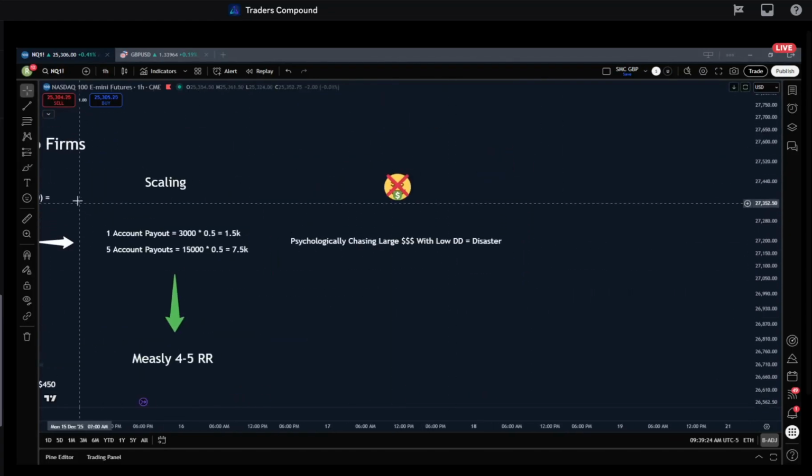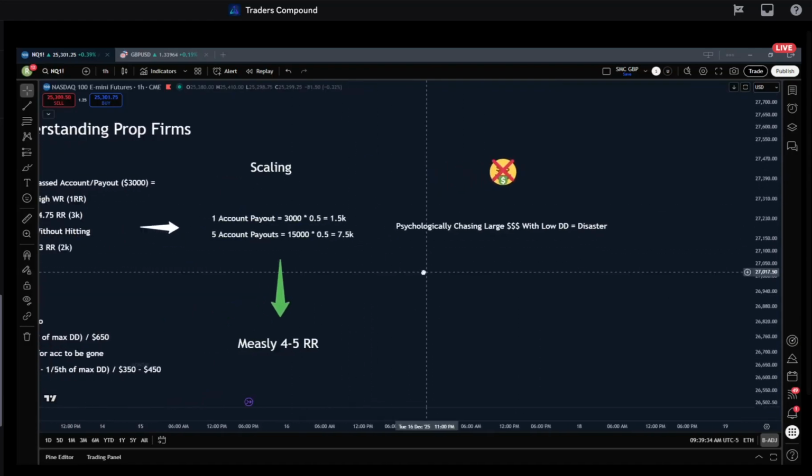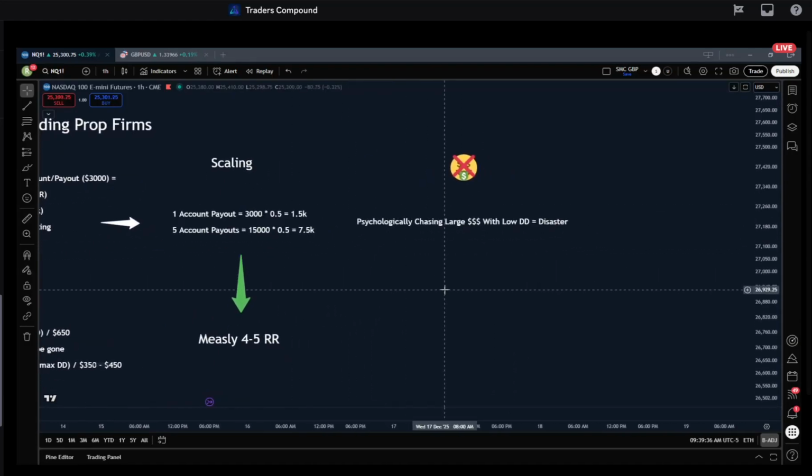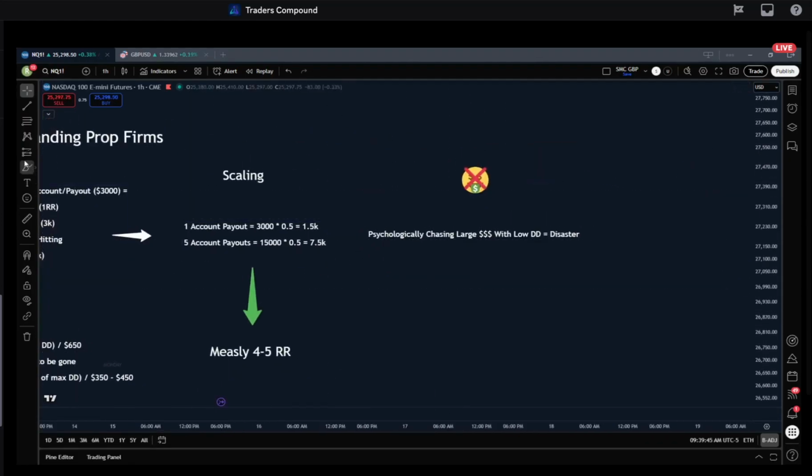So when we're chasing $10,000 worth of profit, even $6,000, $7,000 in a month is a little bit crazy, right? On a 150K account, I see people trying to hit that in a week. Your drawdown is in complete jeopardy. That is insane. That is not going to be consistent overall. This is a disaster. That is what I see a lot of people trying to get out of prop firms.